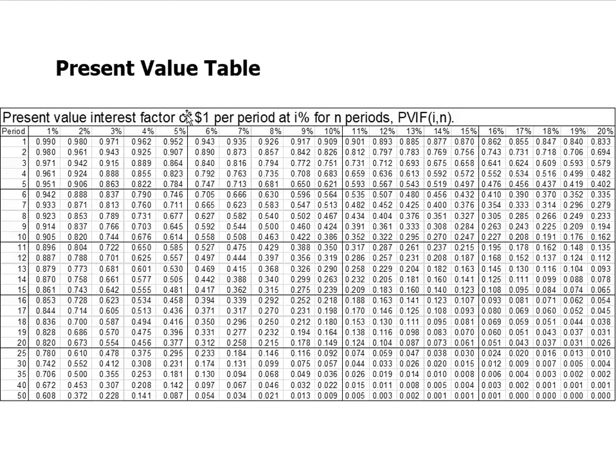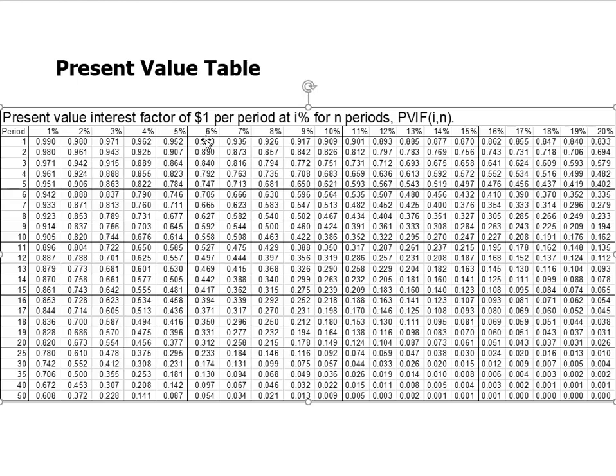This is the present value factor of $1 per period at I percentage for n periods. That sounds quite complicated, but really what it's saying is, down the left hand side are 50 different time periods, we might say 50 years, and across the top are different discount rates or different percentages, and if we use 6% here, we might ask, well, what